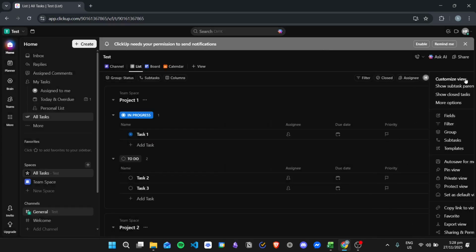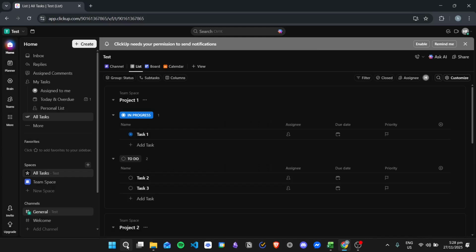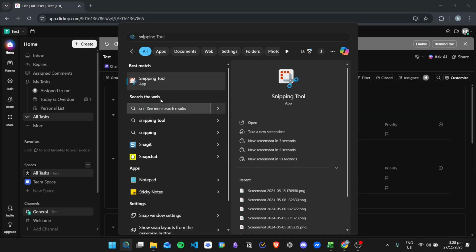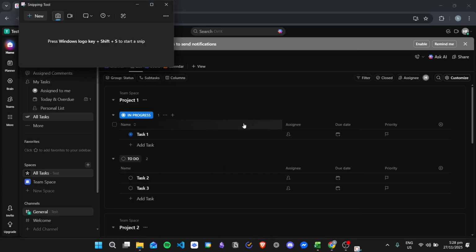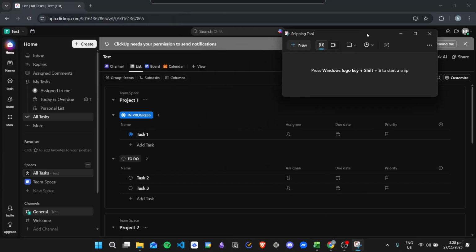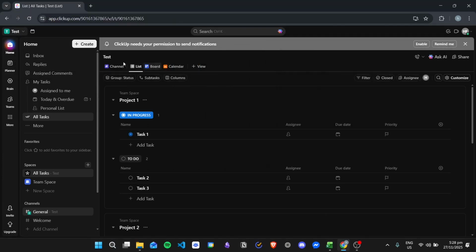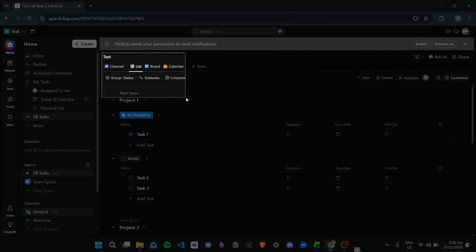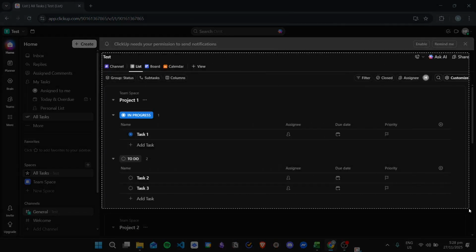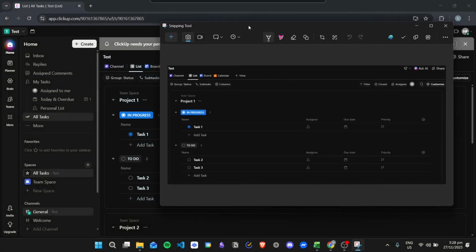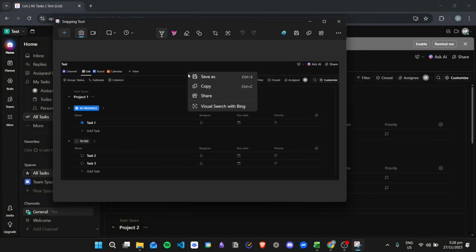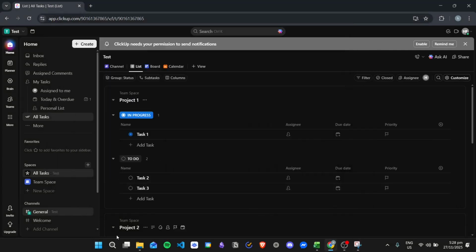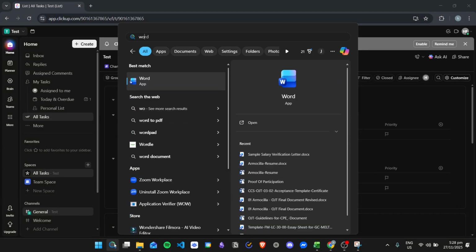What we can do is that we can open the snipping tool right here in Windows so that we can take a screenshot of the task right here or the list. So for example, I will screenshot this project 1 task list for the test workspace. So I will copy this. Then we can open Microsoft Word,